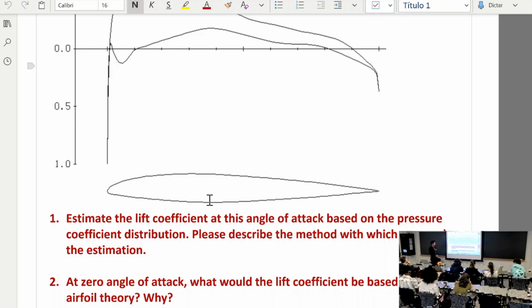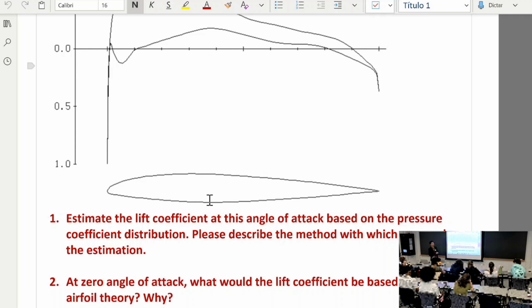Previously, I told you the thin airfoil theory predicts that dCl/d alpha is equal to 2 pi, right? And this is also a result you are going to get if you do this week's homework, okay? You're actually going to get the same answer for both of the two questions, right? No matter how you model it, you're going to get 2 pi. And the thin airfoil theory is also going to get you 2 pi. So if you figure out question 1, you can figure out question 2 just by multiplying 2 pi by